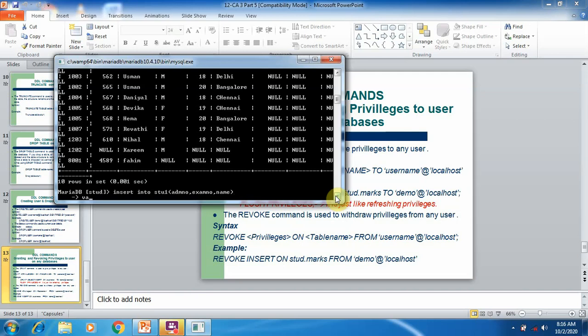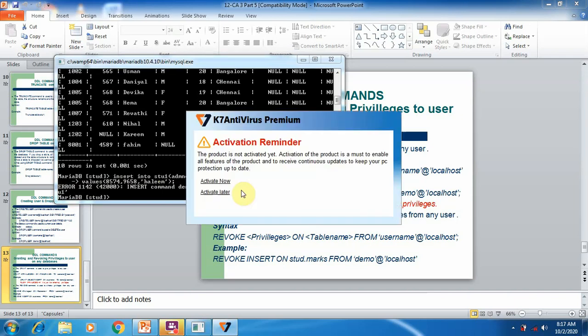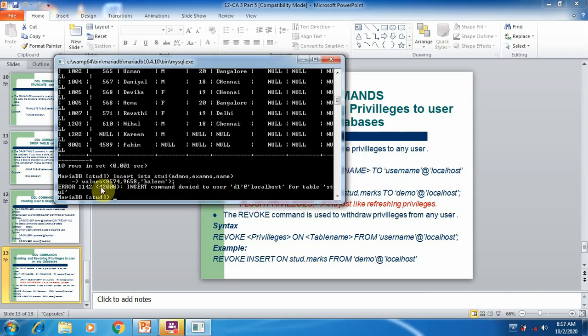So values, admin number 8574 9658, exam number, name is Halim. Insert command is denied. See here, insert command is denied to user D1. So insert command denied to user D1 at localhost for the student1.